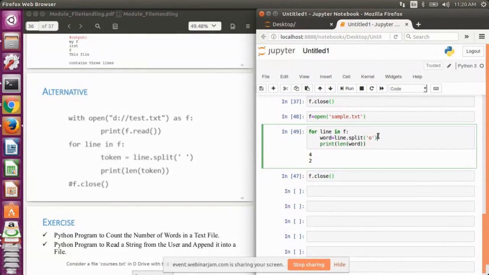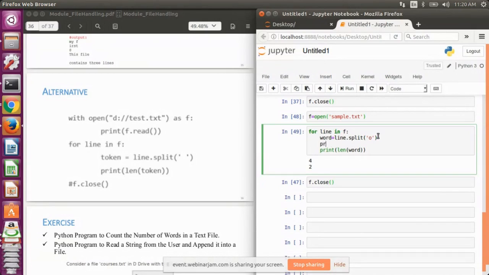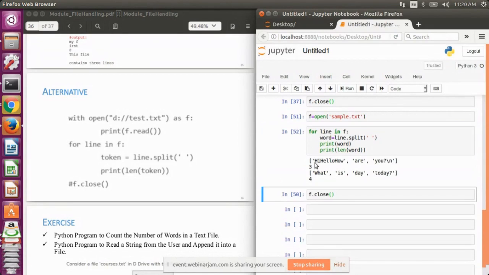Fine. So you can see here the number of words, like in the first line there were 4 words. Let me show you along with the words only. So let me print O word and let's use the space here. We will split the words using space as the delimiter. And let's run it again. Now see, there are 3 words: hi, hello, how are you?